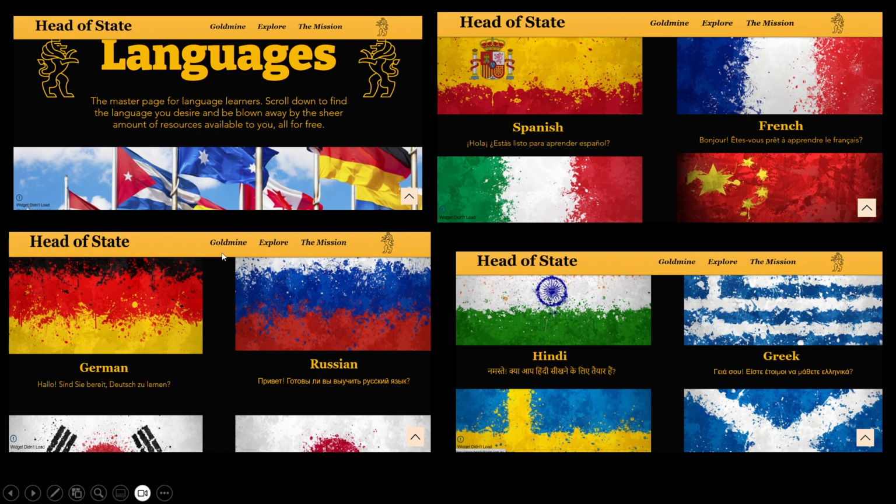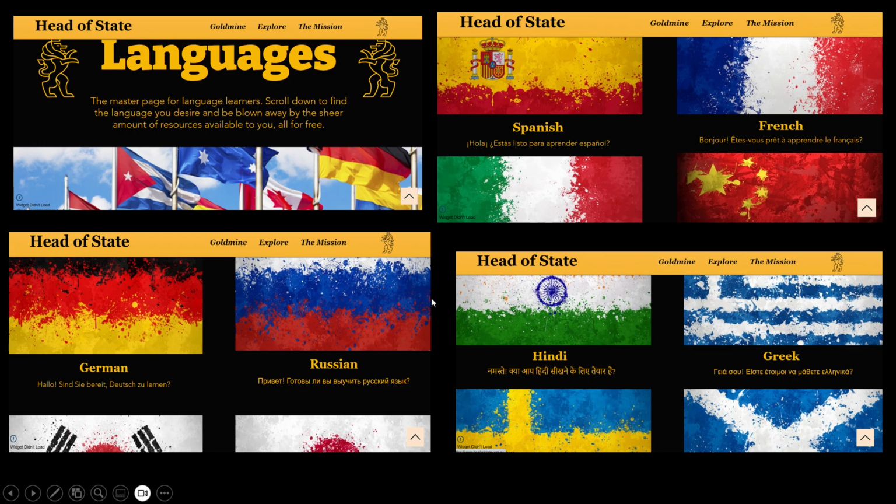Here are some screenshots. So there's 4 screenshots, one in each corner. Top left, you've got the languages section of the gold mine, so that's just the very top of it. It's only a screenshot of the page, and then here are a few screenshots of me scrolling down. So that's what it kind of looks like. It's got the name of the language, and it says, like, hi, are you ready to learn this language, in the language, which I think is cool. And I found these pictures of the flags and stuff that I think are pretty cool design-wise, so I chucked those in. And you've obviously got Spanish, French, Italian, Mandarin, German, Russian. You can see the top of Korean and Japanese there.